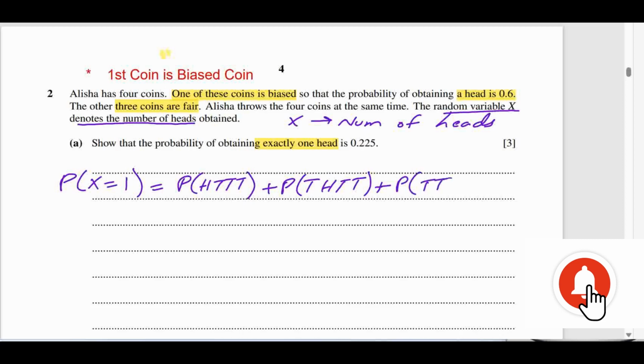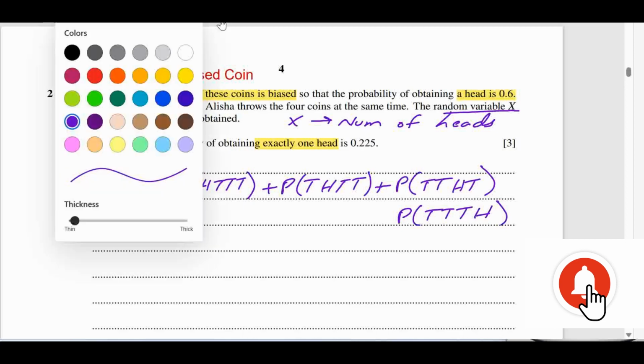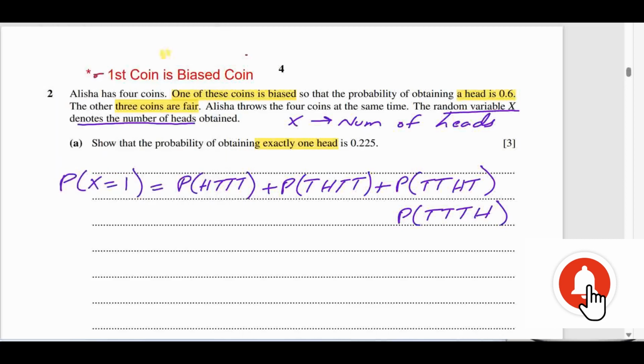टेल टेल हेड टेल, या ये हो सकता है कि प्रोबेबिलिटी ऑफ पहले 3 कॉइन्स पे टाइम्स आपके पास टेल आए और 4th कॉइन पे आपके पास हेड आए। अब इसमें एक पॉइंट आपने माइंड में रखना है कि फर्स्ट कॉइन को हम बाइस कॉइन कंसिडर करने, मीन्स कि ये जो हेड है, फर्स्ट हेड, ये फर्स्ट टेल और फर्स्ट टेल, ये बाइस कॉइन्स हैं और आखिरी लास्ट के 3 जो कॉइन्स हैं वो आपके पास फेयर कॉइन्स हैं, तो हम फेयर कॉइन्स को डील कर रहे हैं।